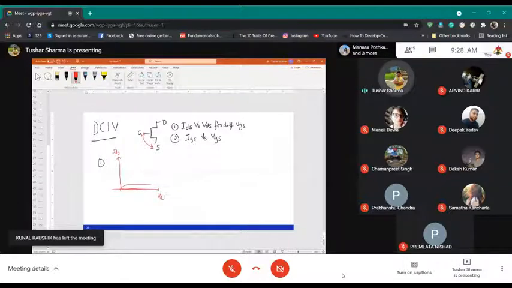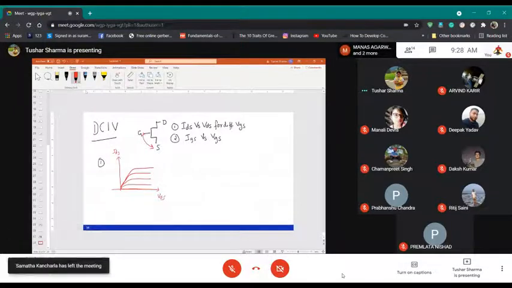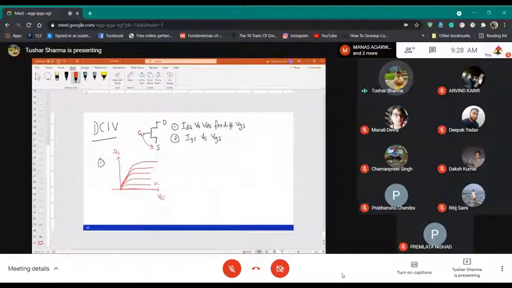Now when the VGS reaches a certain value, the device turns on and current starts flowing. So you see here, this will be, say, VGS0, VGS1, VGS2, VGS3, VGS4, and so on.